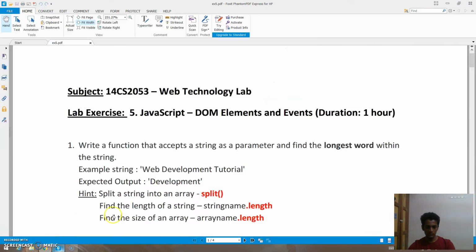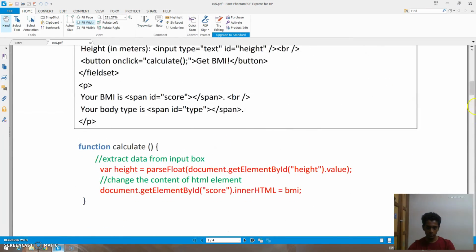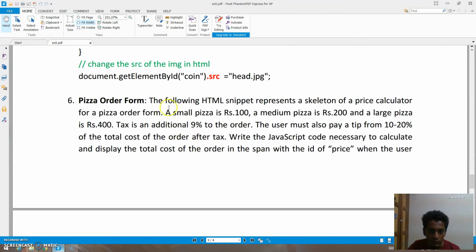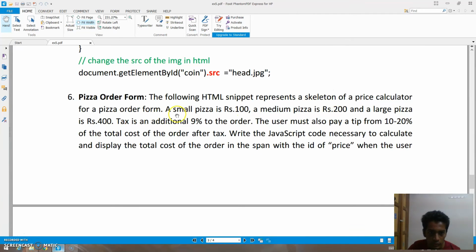So each pizza should be around the following assumptions. A small pizza, as you can see here, is 100 rupees. A medium pizza is 200, and a large pizza is 400. So as you can see here,